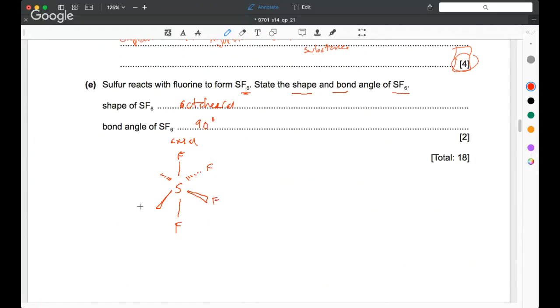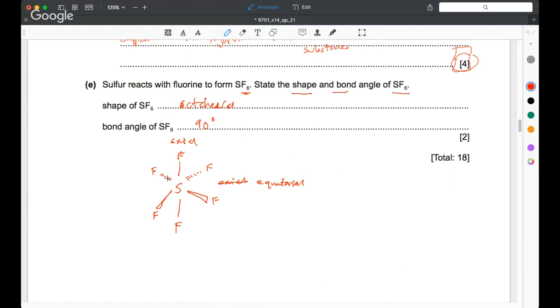So these are your fluorine atoms. Okay, so, but you can see that you've got a square of these axial fluorines, and then what am I talking about? Not the axial, the equatorial. Okay, so these 4 are equatorial, the one above and one below are axial,